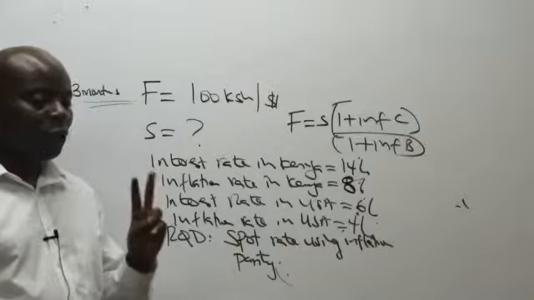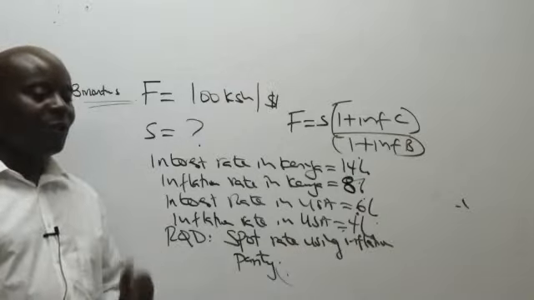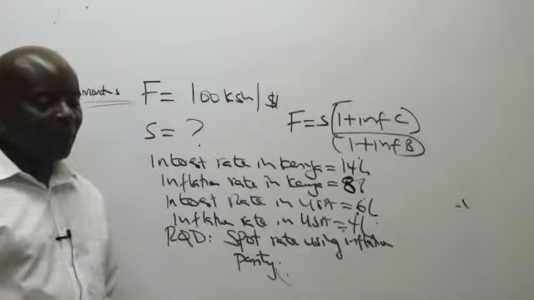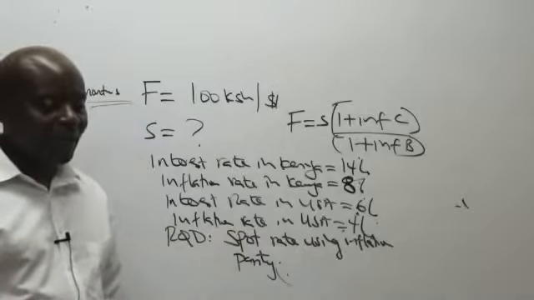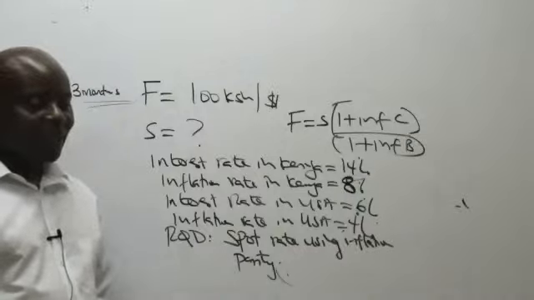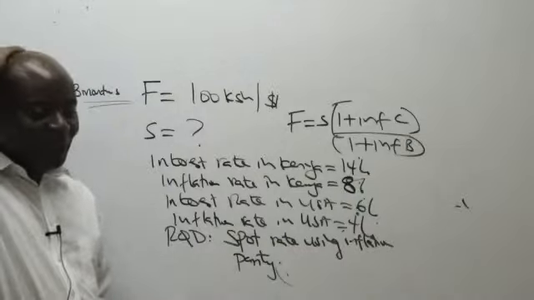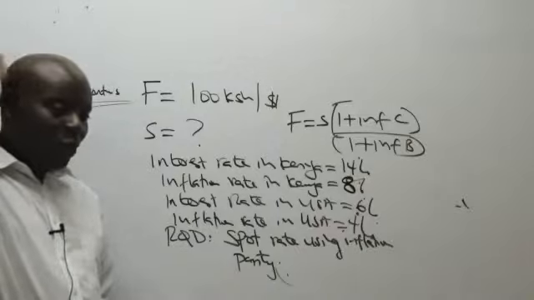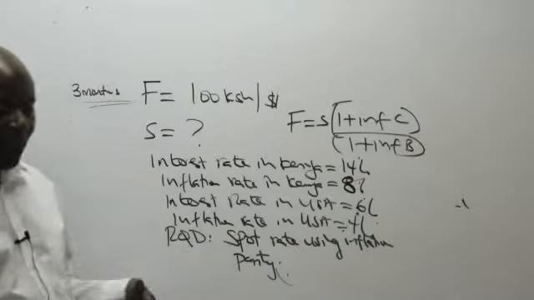So I'm waiting for 2 more answers. 99.02 is being repeated. Nessie Anyango, 97.06. Fatma, 99.96. 99.02 is being repeated. Charity is giving us 98. So what we shall do, because this is a very easy question,